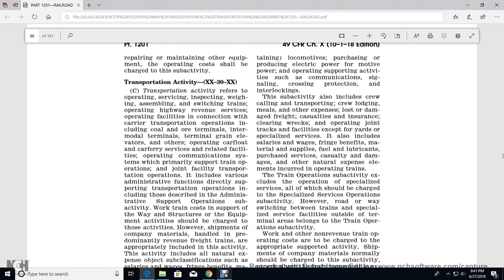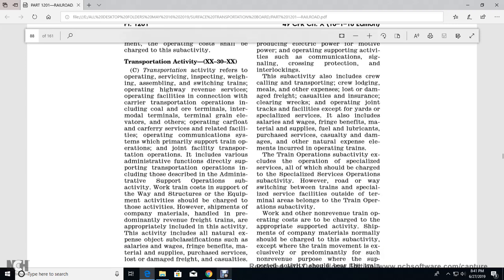Alright, transportation activity XX30XX. Transportation activity refers to operating, servicing, inspecting, and assembling, switching trains with the operating highway revenue service, the operating facility with the connection with the carrier, transportation operating, including coal or terminal, the inner terminal, grain elevators, other operating car flow, carrier, car ferry, service of the related facility, operating communication system, primarily support train operation, joint facility train operation, and include the various administrative functions directly supporting the transportation operation,